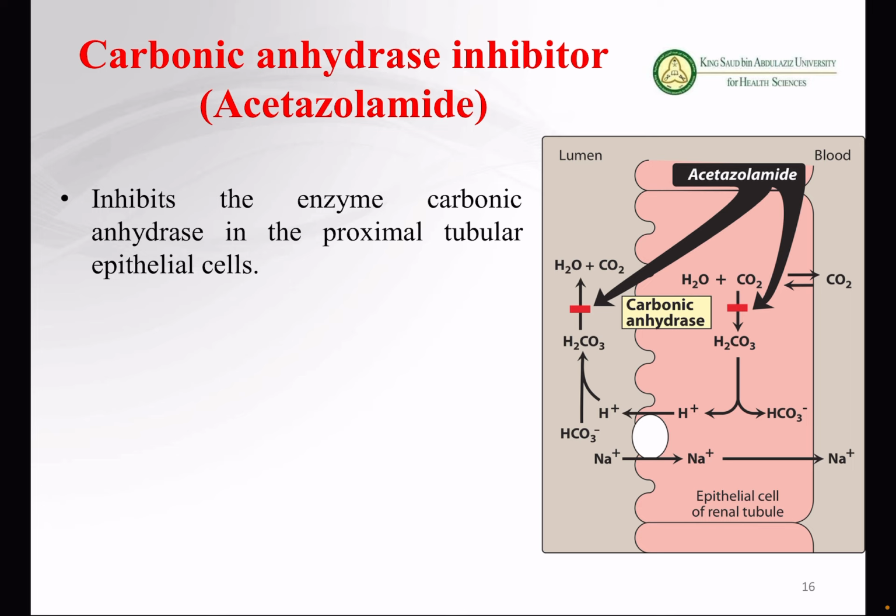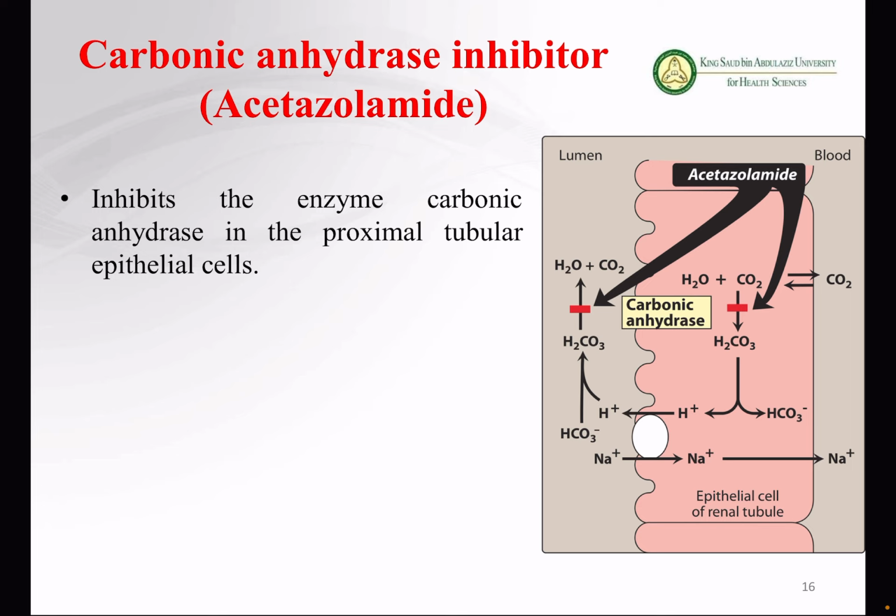Because of this carbonic acid, what will happen? When this breakdown is stopped, this hydrogen ion, are you following me? This hydrogen ion will be decreased with the exchange of sodium. So when this hydrogen ion does not go out, this sodium does not go inside. Because of the decreased production of this hydrogen ion, it will not combine with the bicarbonate. HCO3 is bicarbonate and H2CO3 is the carbonic acid. Again, you can see there is no breakdown of the carbonic acid.